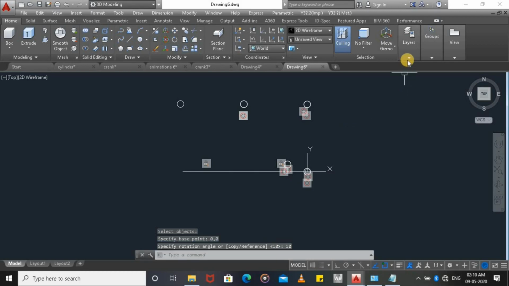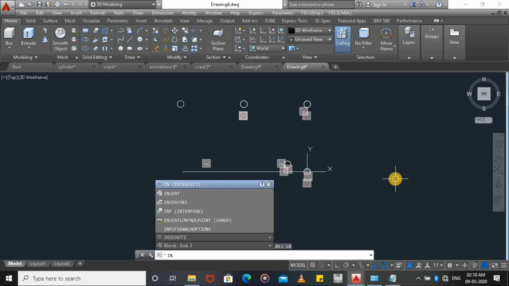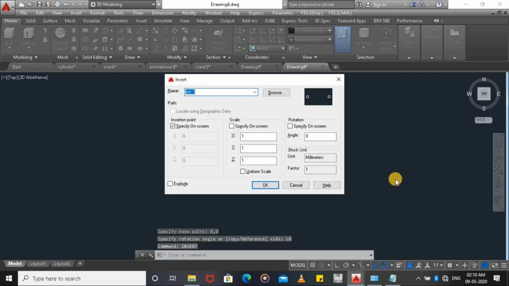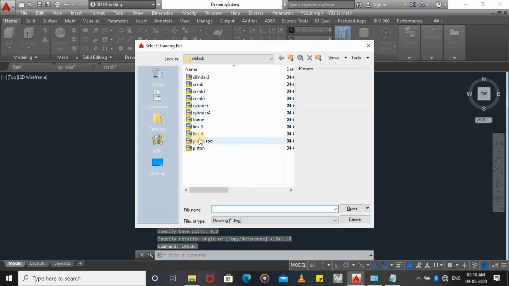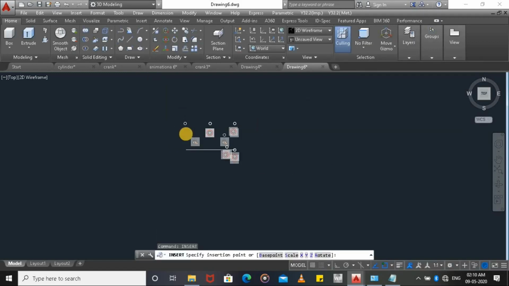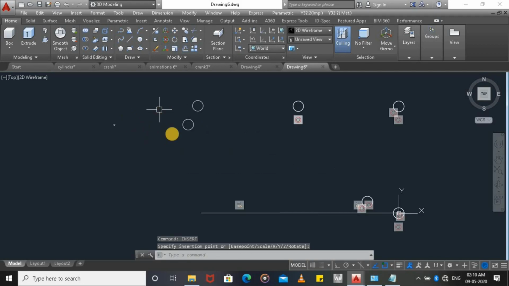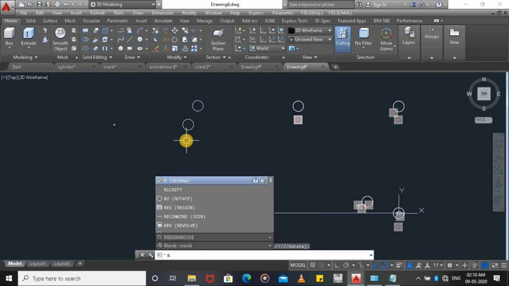So other parts we have to insert in this 0 layer. So insert, we are inserting piston rod first. We are changing its position by the arrow command.